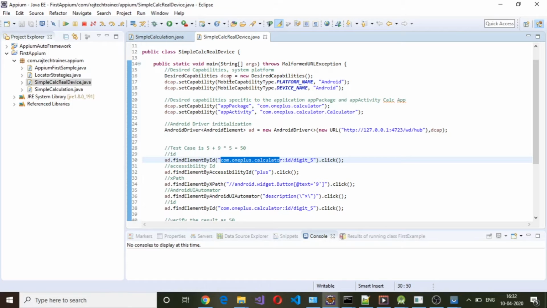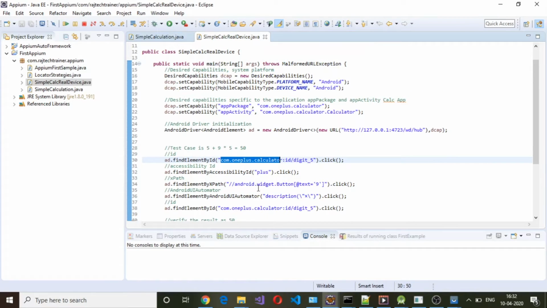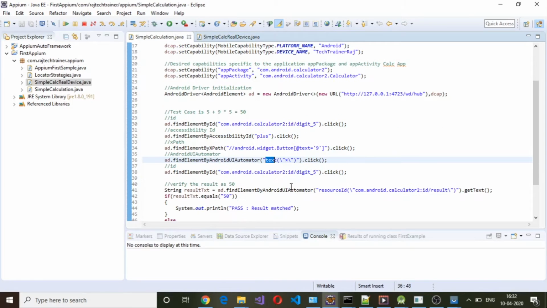In order to use multiply on the virtual device we have used text. However, on the real device I didn't find the text value as x, but it was under description. That is the one change which I have done.